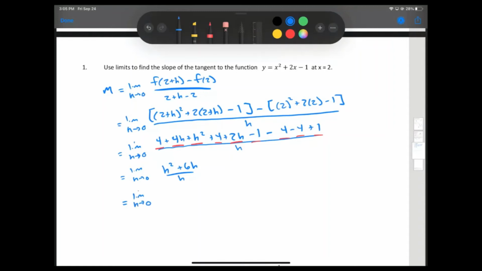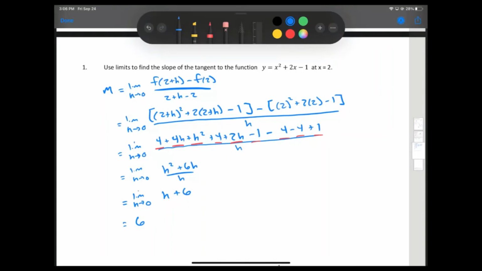So h squared over h is h. 6h over h is 6. And now I have the limit as h approaches 0 of h plus 6. Well, when h goes to 0 there, I'm just left with 6. Now I no longer write the limit as h approaches 0 at the beginning because I've actually dealt with it. And that's my answer. The slope of the curve y equals x squared plus 2x minus 1 at x